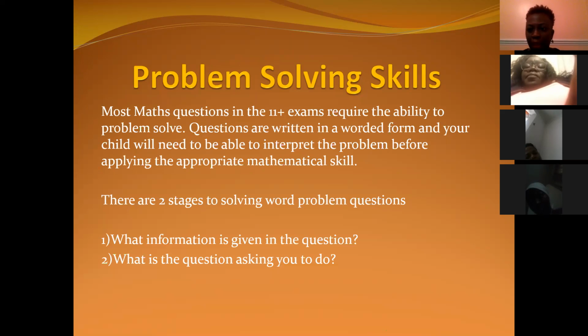What is the cost of 1 apple, or what's the cost of each apple, is the question. Does that make sense? That's an easy problem, but in all of the problems, if it's a 2-step, a 3-step, a 4-step problem, what you need to encourage your child to do, first of all, is you need to encourage your child to,